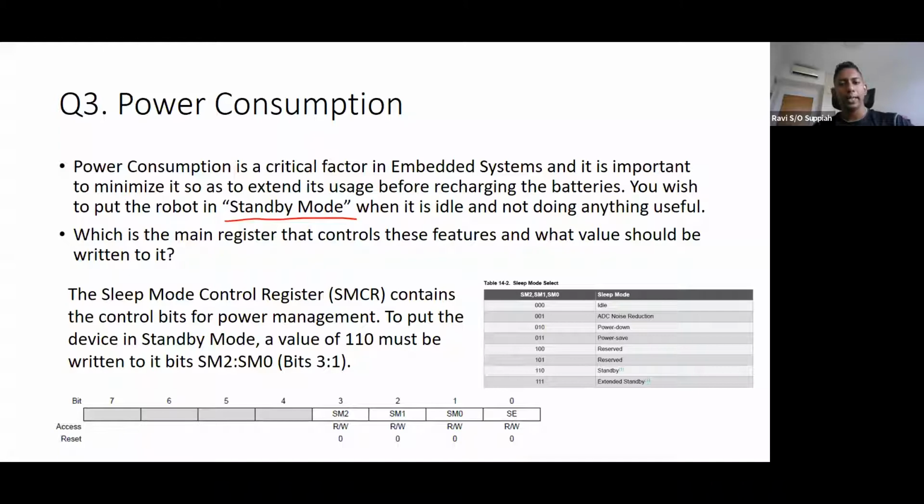That is achieved through a register called the sleep mode control register, and it allows us to put the device into one of these different modes. We will not go into the details of these modes, but we can see that it is able to put my device into specific modes of operation to allow me to save power. So if I want to, for example, put it into a standby mode, then I need to write a value of 110 into this register here.